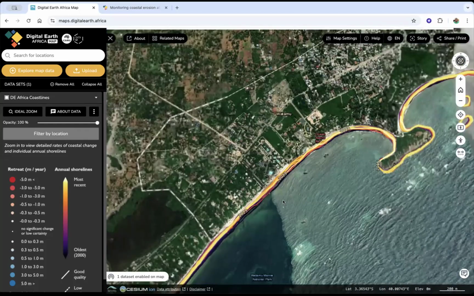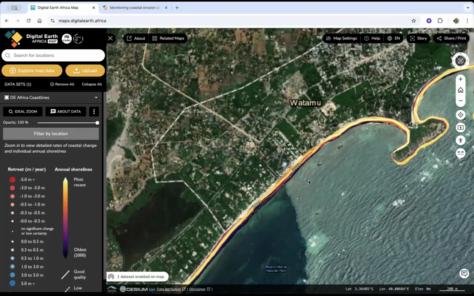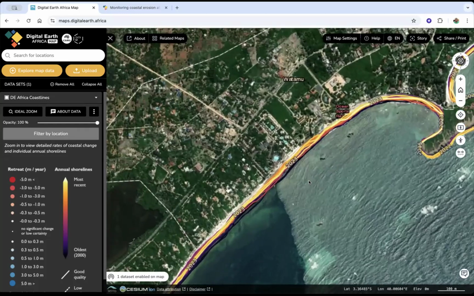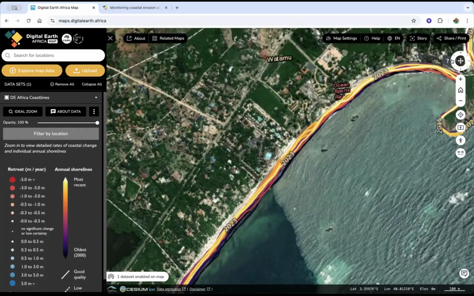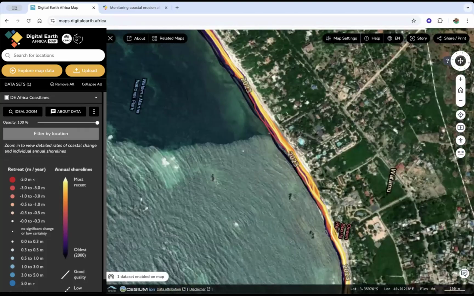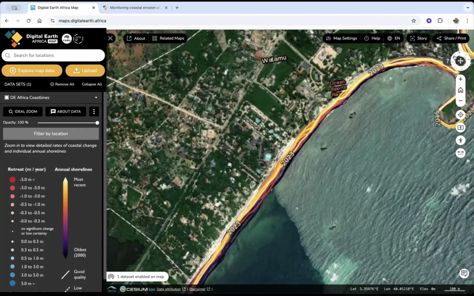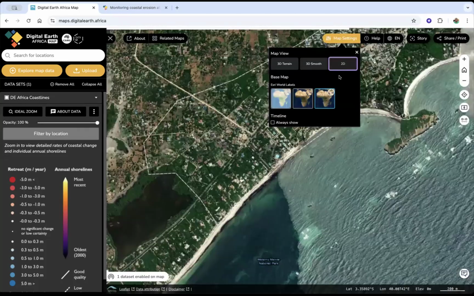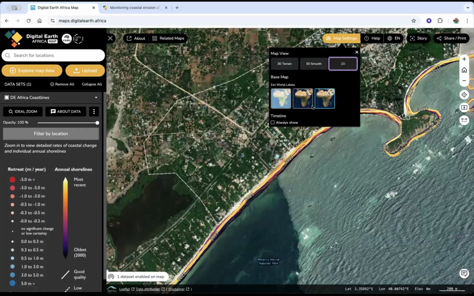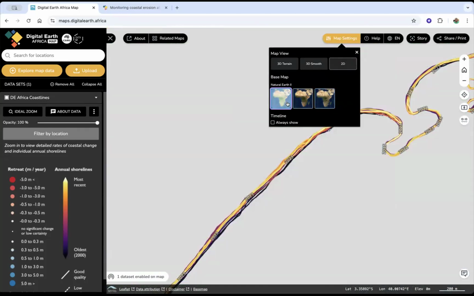So you just have to be a little bit patient with the viewing. You could view things in slightly higher resolution, 4K or 5K, etc. But because of my connection, I'll put it back to 2D, which is easier for me. And also you can change the different views with labels or without labels,